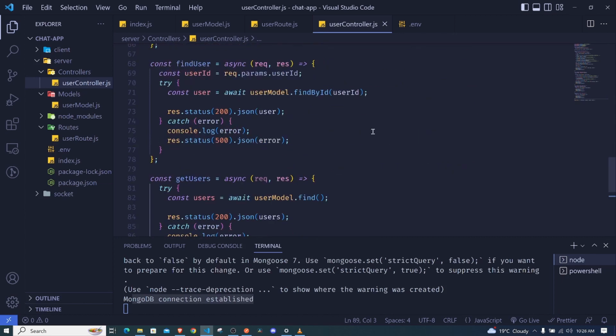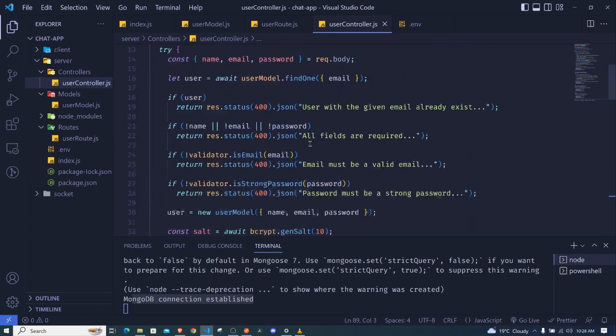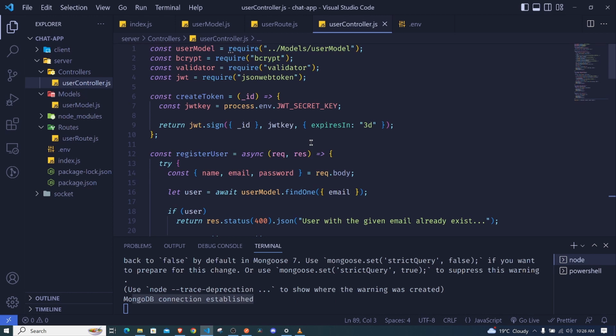So what are we going to do next? The next thing that we are going to do is to cover the front end part of it, where we will be using React and context API to log in the users. So we will register them, we will log them in. We will need to design some forms using Bootstrap and some custom CSS, and we will also need to create some routes on the front end. So we will also be learning how to use React Router DOM,